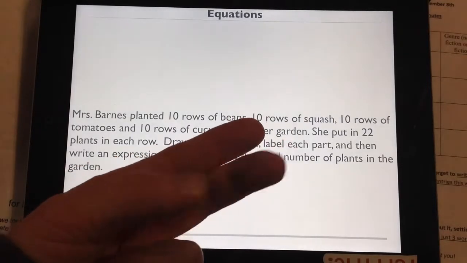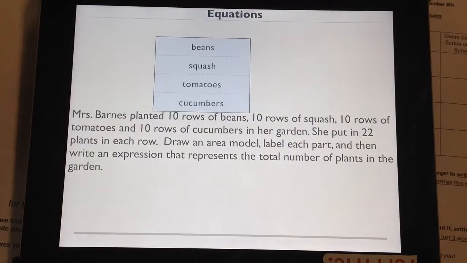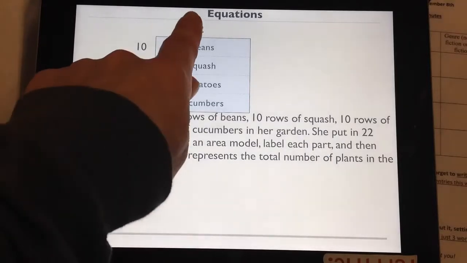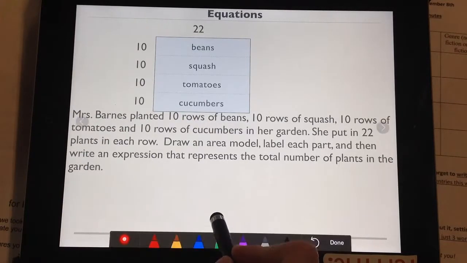We have one of beans, squash, tomatoes, cucumbers, which is 4. And then how many rows of each? Well, I have 10 rows of each. How many plants were in each row? Well, that was 22, and that goes at the top because 22 represents all of these. So my expression is going to be that